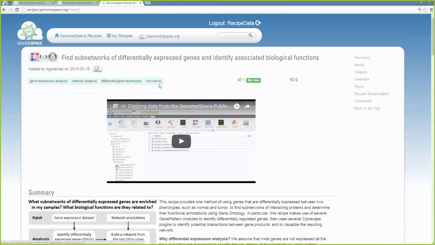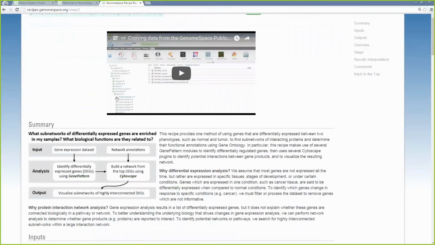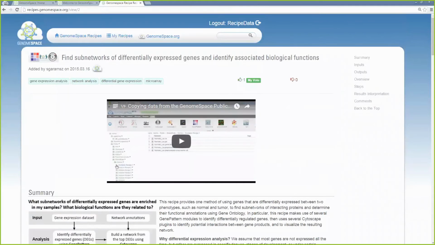We see the different tags associated with the recipe and the different votes. So you can see that I have upvoted this recipe, and that's why it's one of my favorite recipes. There's also a navigation menu, which will travel with you as you scroll down the page, and it provides shortcuts for the different parts of the page. If a recipe has a video or a video playlist, that will be the first thing to show up. So if I were to click this, I would be moving through the different video playlists. In case you are more of a visual learner and you would just prefer to watch someone walk through the recipe, you can watch those videos.